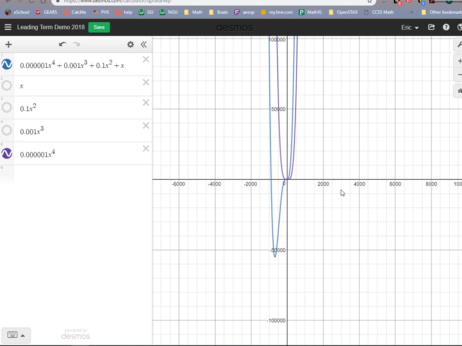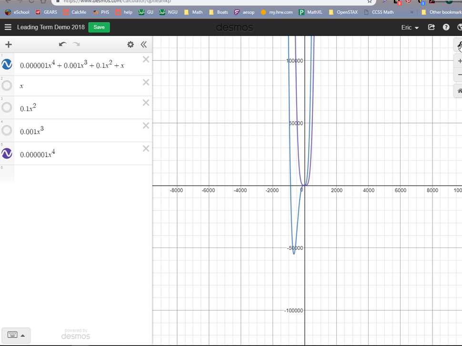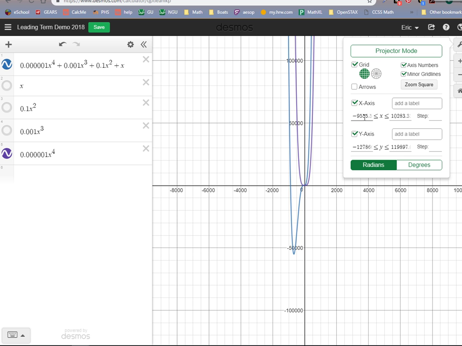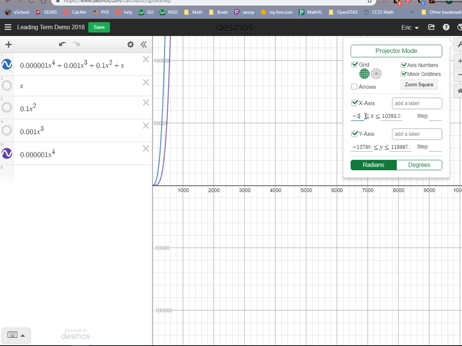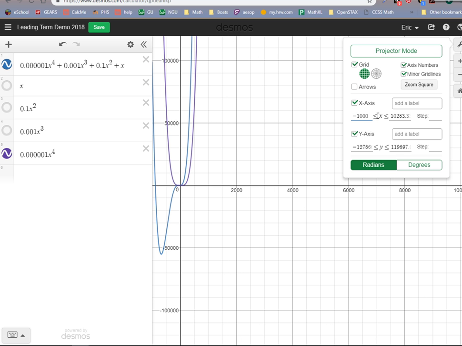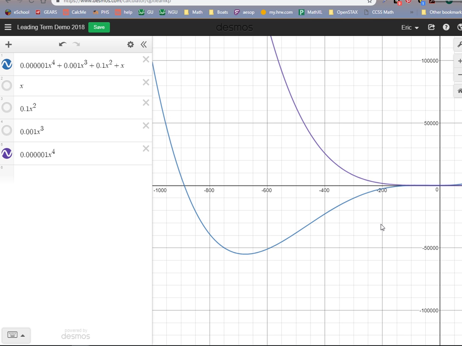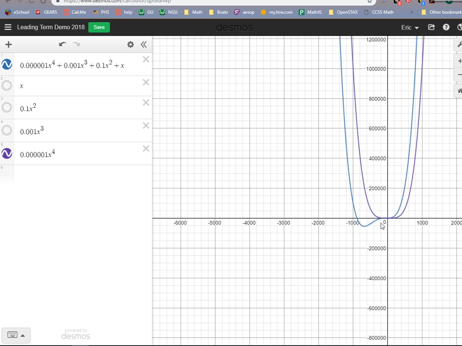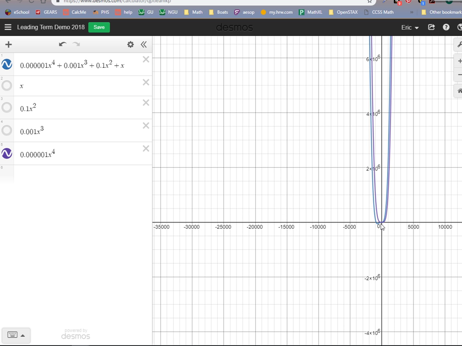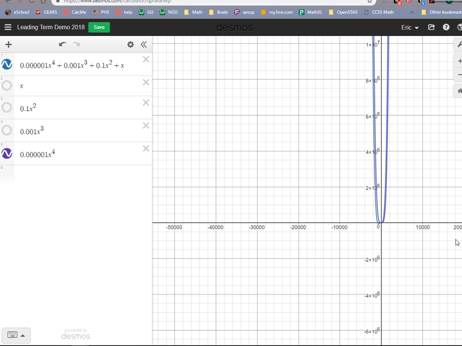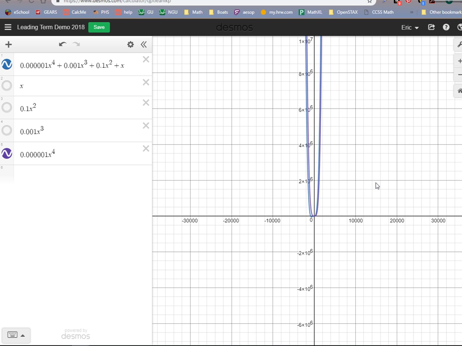If I keep on panning out, and I've got to compress this thing, or stretch it out horizontally again, so it's easier to see. Now you can start to see that ultimately the final end behavior, you can't even see that other junk in there anymore, can you? Right? Right, it starts to be